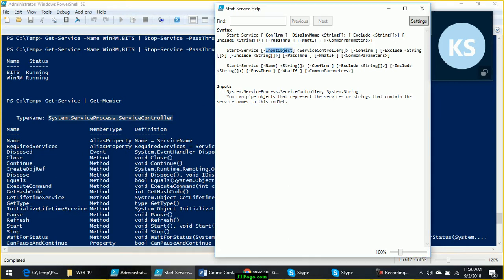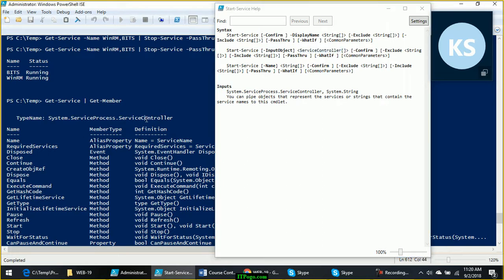Another way to find out what is the input object required: look at the syntax and look at the input object parameter. Like here also it is service controller, and the input object required is also service controller. So this is called plan A, where the data type of the output of the first command exactly matches with the input object required by the second command, that is the next command in the pipeline.